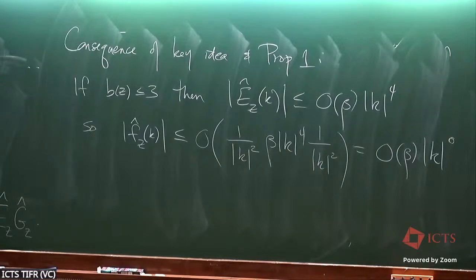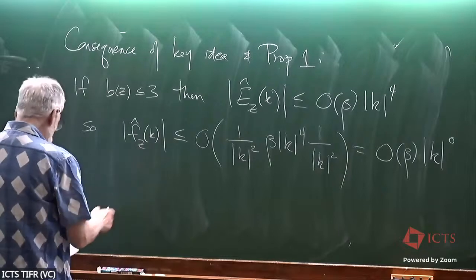It's much better in terms of the behavior near k equals 0 than this term, which is like 1 over k squared when we get to the critical point. This one's blowing up. This one's not blowing up at all. So this is going to have worse x dependence than this one.